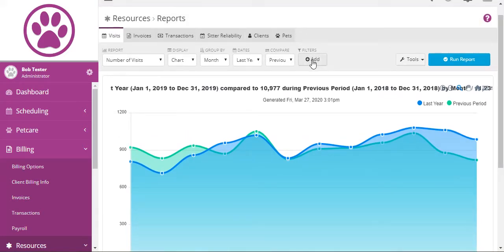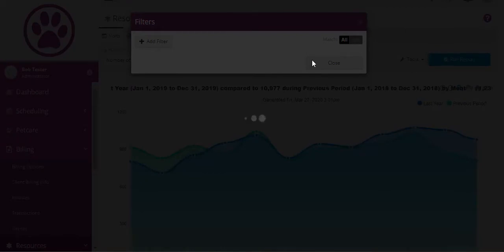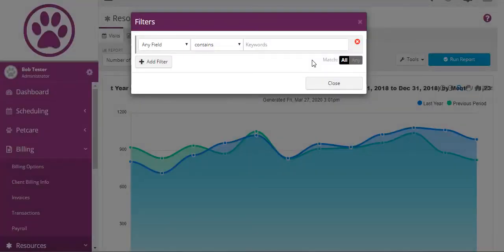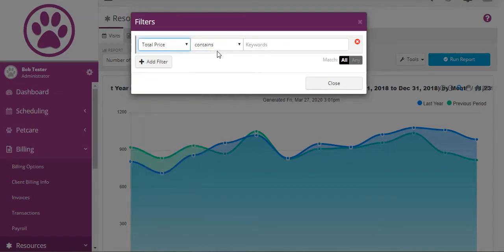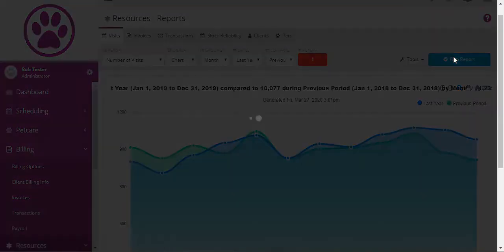If we ever want to add filters, filters are searches. So you can add one or more searches. Say we wanted to add, let's say, number of visits where the total price is greater than 0. And if we run that report, that'll remove any visits that would have been canceled or not charged for